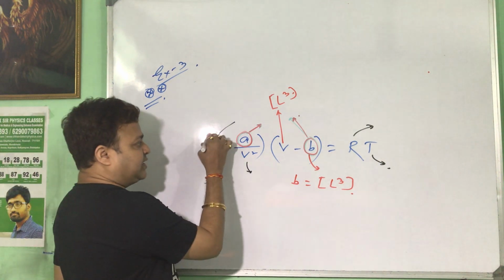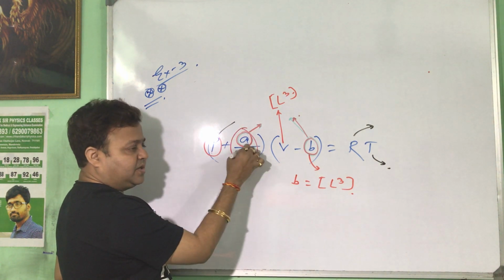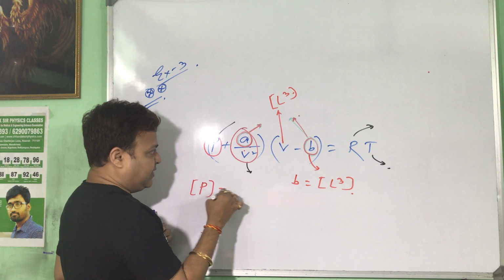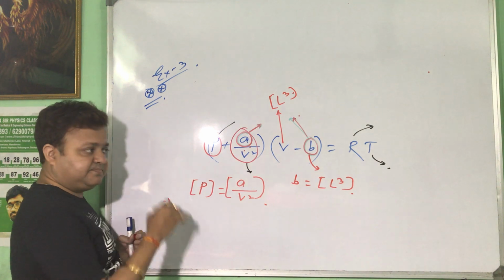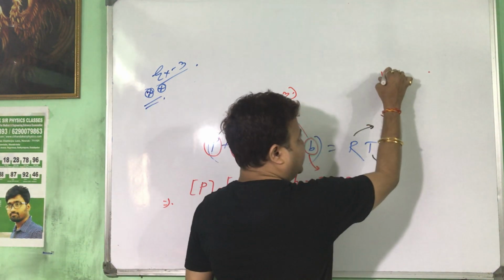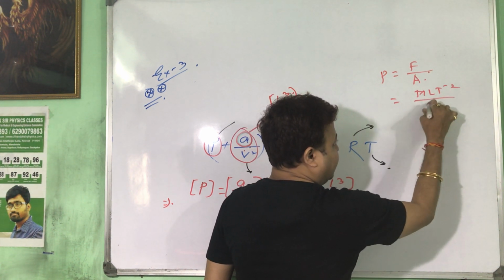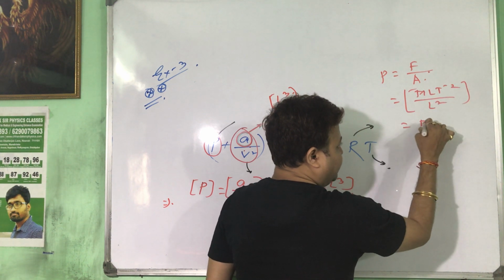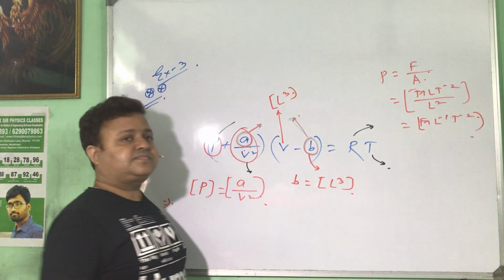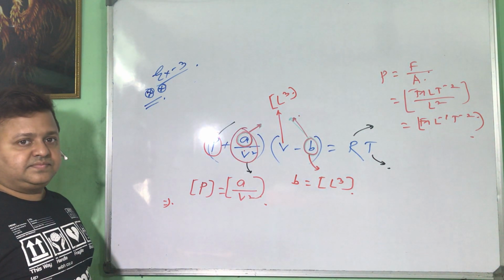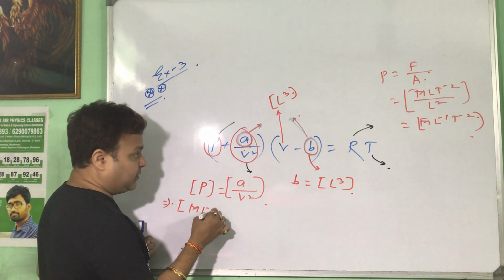Now the dimension of pressure must be equal to the dimension of A by V square, because we can add only quantities of the same dimension. What is the dimension of pressure? তাহলে দিন ফাইন্ড করেছিলাম দেখ, pressure equal to force per unit area. What is the dimension of force? M L T minus 2, by area means L square, that is M L minus 1 T minus 2. Okay, that is the dimension of pressure, M L minus 1 T minus 2